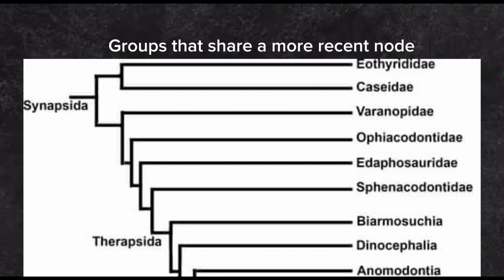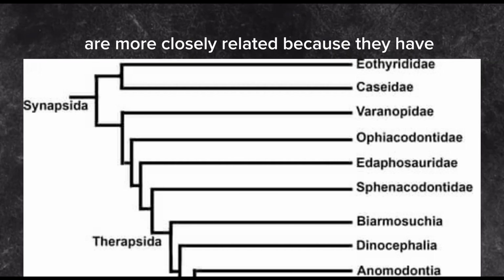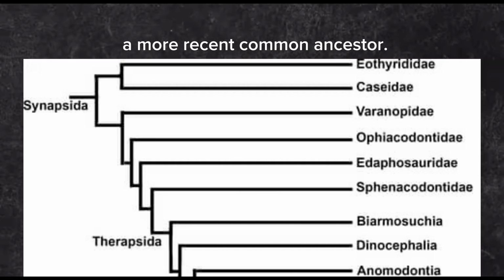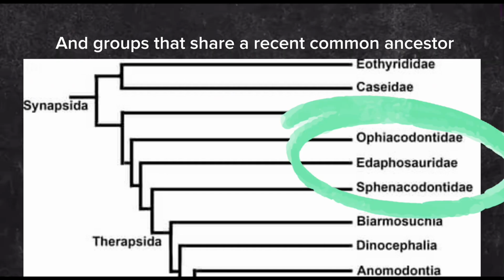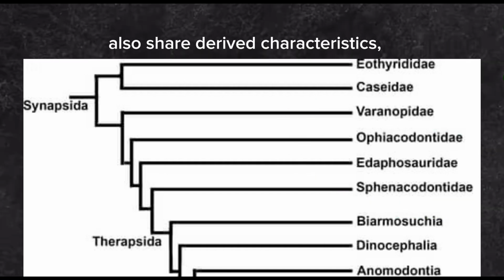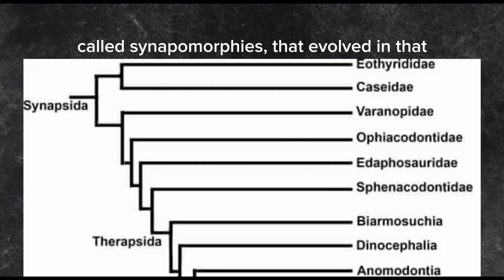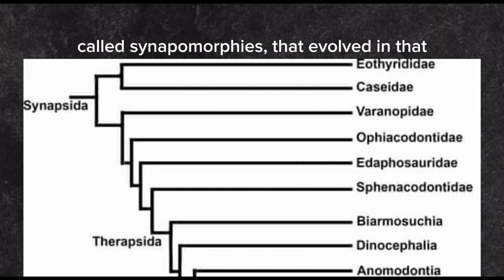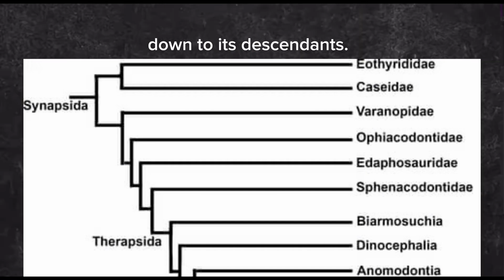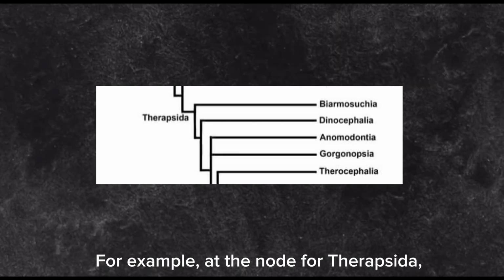Groups that share a more recent node are more closely related because they have a more recent common ancestor. And groups that share a recent common ancestor also share derived characteristics, called synapomorphies, that evolved in that ancestor and were passed down to its descendants. For example,